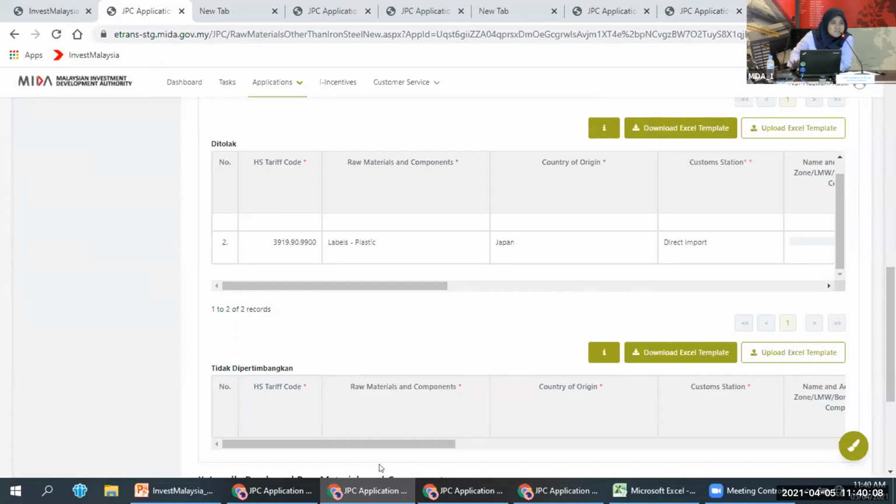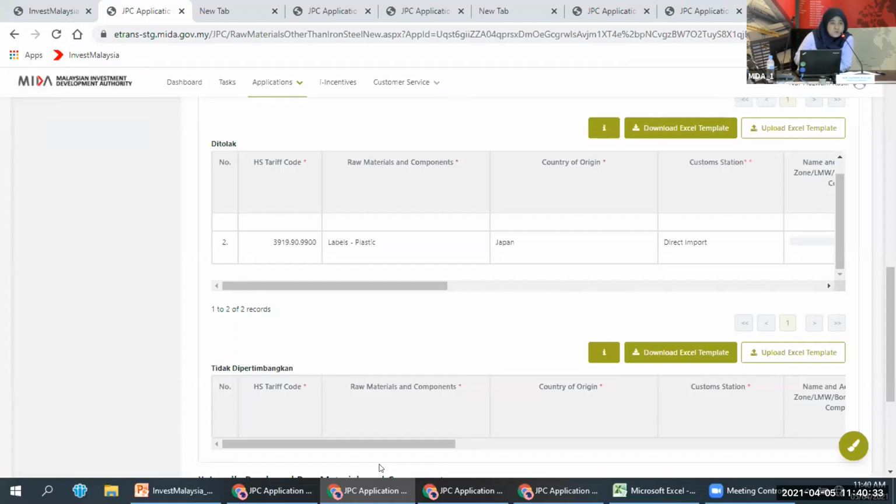Please take some time to make sure that the information you key in is correct, because whatever information you key in here will be carried forward when you apply for extension application. If let's say you key in wrongly in the diluluskan item, that information will be populated when you create the extension application.